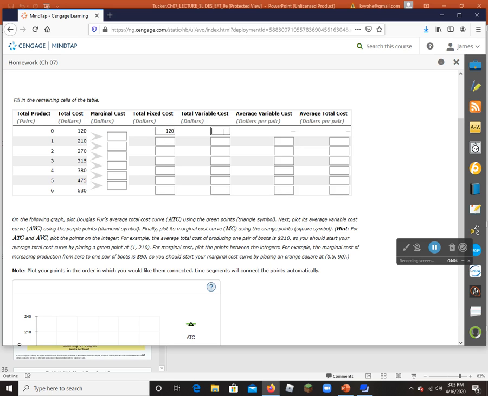The reason for that is because total cost is equal to total fixed cost plus total variable cost. And what are total variable costs when output is zero? They are zero as well. Those are costs that vary with output, and they're zero when output is at zero. Now the next thing we've got here is the total cost at 0 units of output is 120. Those are all fixed. Then if we produce 1 unit of output here,